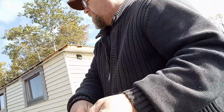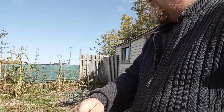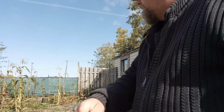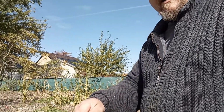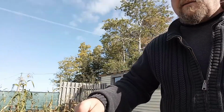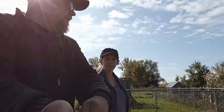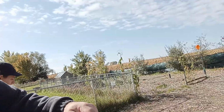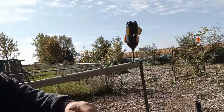And on this side, where the garden wraps around the chicken coop, we've planted 1, 2, 3, 4, 5 apples, 2 pear, and a little farther back. Not very good at this selfie stick thing here. Our garden also wraps around the back of the play yard,